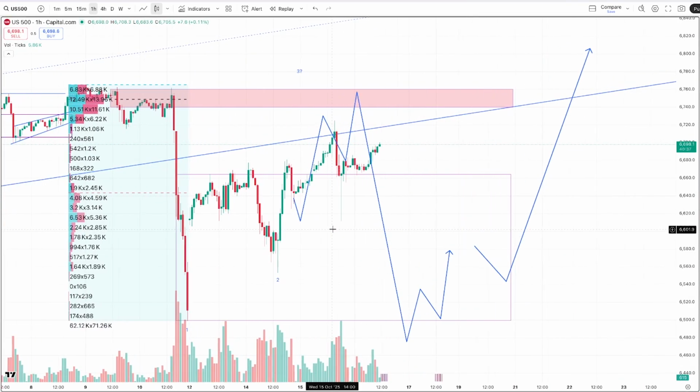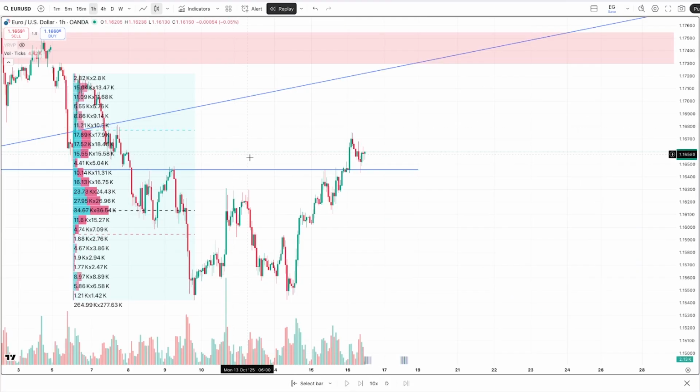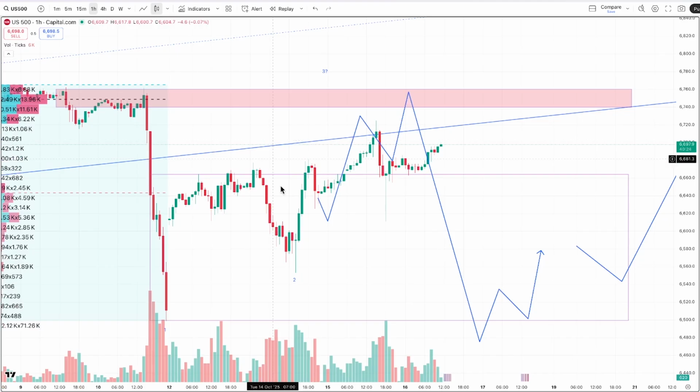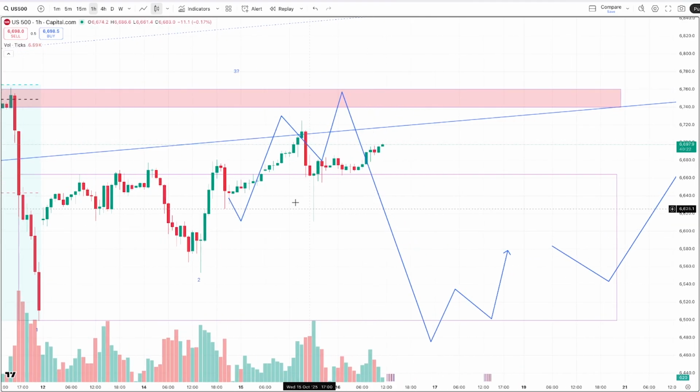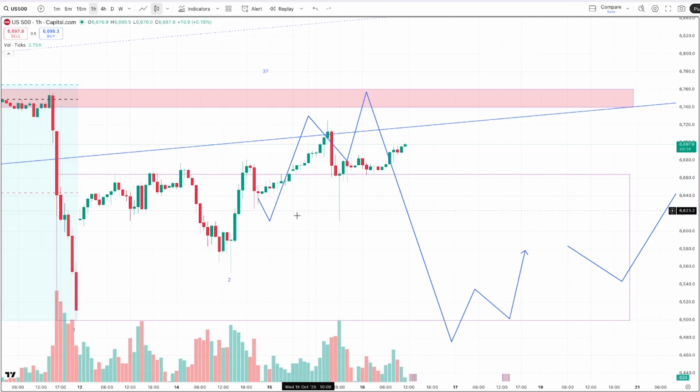So I'm just gonna zoom this in. I'm expecting a form of distribution at this selling zone. There's this bar yesterday, because I wasn't expecting this bar to commit below this level. I took a trade for that, but I lost it anyways because of the volatility. So I was expecting price not to come to this level, but that actually happened.